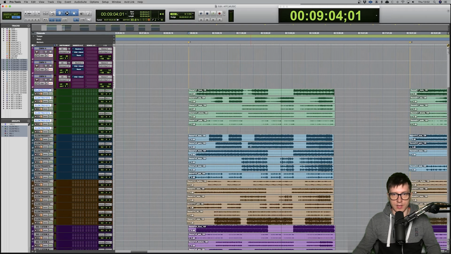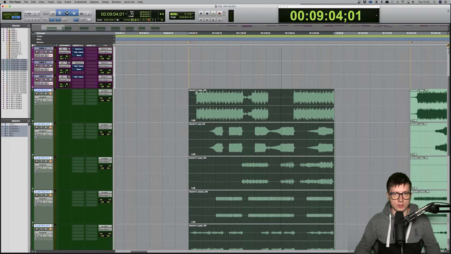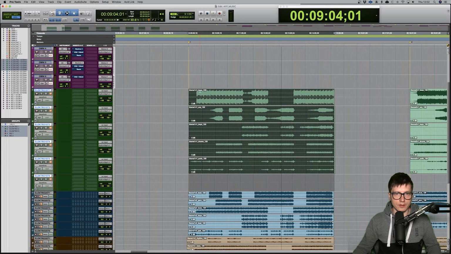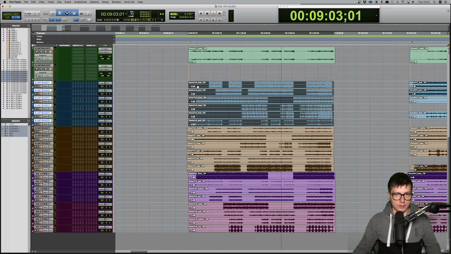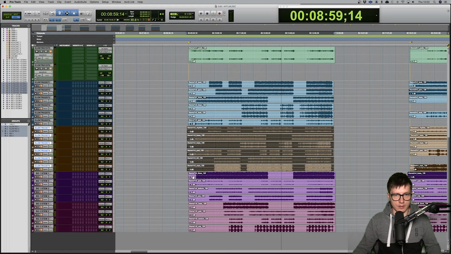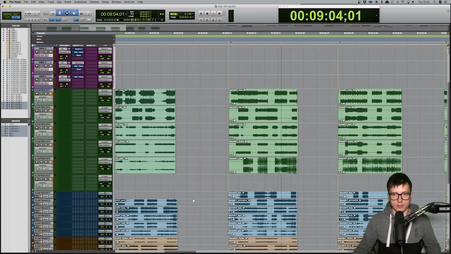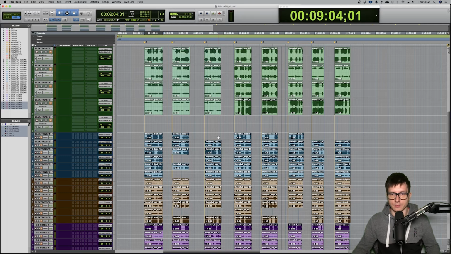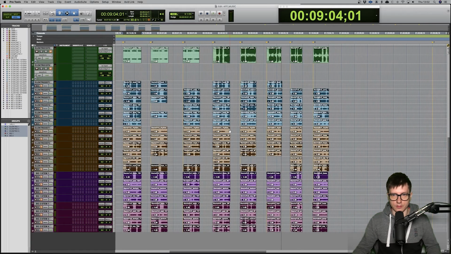And how I named them is theme, the number of which theme it was, then the version of it, so version 1, then what instrument is on that track, so bass, and then the tempo. So we got theme 1, version 1, bass 120, and then theme 1, version 2 of that same theme 120, theme 1, version 3 120, and then theme 1, version 4, theme 1, version 5, and so on. I do it for all of them, so I stay in the same naming convention and color convention as well.